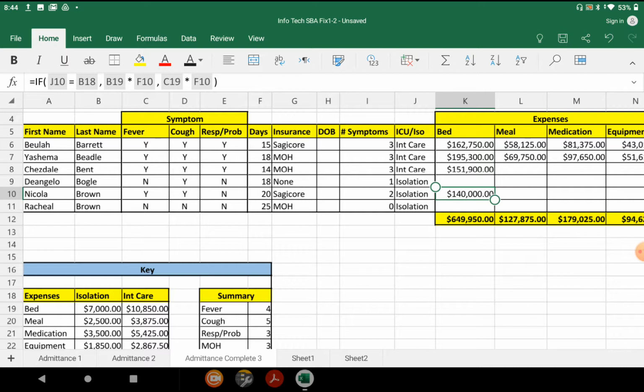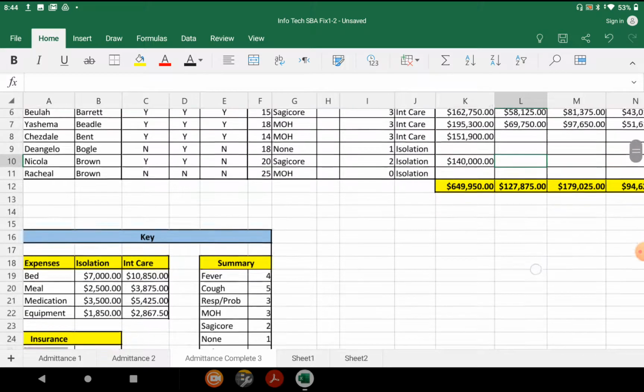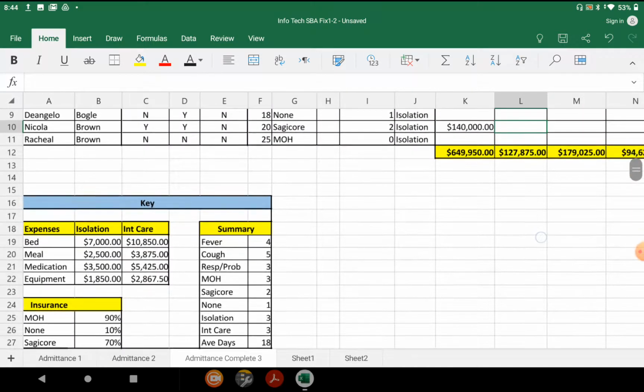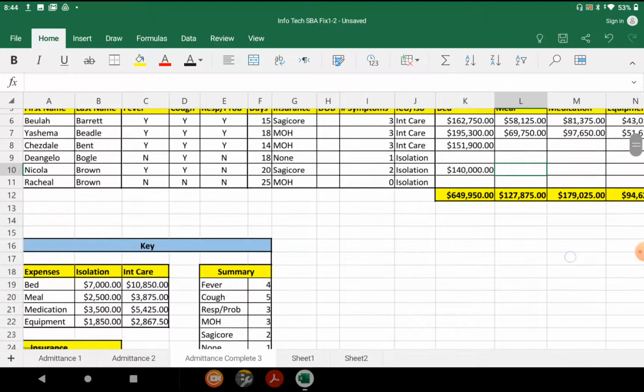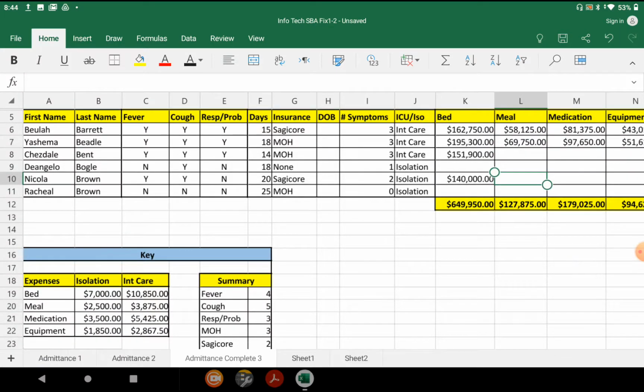All right, I'm going to show you some more examples. So let's look at meals, for the same Nicola Brown. Ready? Let me just scroll up on my screen so hopefully you can see everything at one time. So I'm doing meals for Nicola Brown, using the meal heading. All right. So I want to say